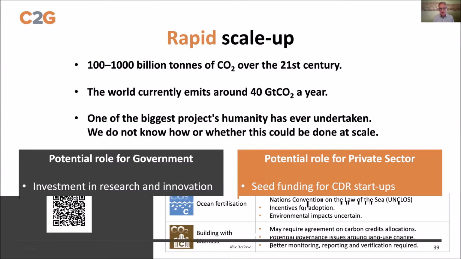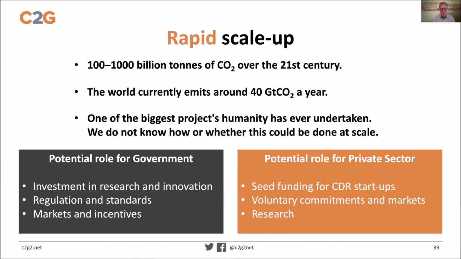The first one is: how are we going to get the rapid scale-up? And the challenge becomes bigger the less we are able to reduce emissions, because if we are serious about 1.5 or 2 degrees, that's a direct link. You're talking about big numbers, 100 to 1,000 billion tons. I can't even imagine what that is, but if you want to, we are currently emitting some 40 gigatons, and you're thinking of removing between 2 and 3 per year, starting in some 10 years or so, and even more in the most aggressive scenarios.